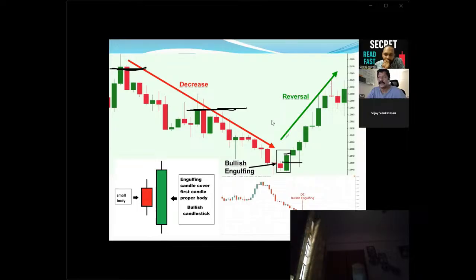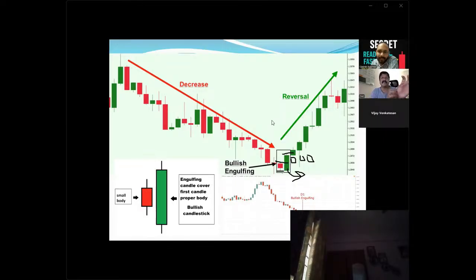So take the trade on the third candle, not the first or second. As soon as the second is completed, some can take the trade, but sometimes small candles form here and you may not get a third candle. You may have to wait for the fourth, fifth or sixth candle. But we have to wait for the high to close, and only then take the buy. This green candle is a confirmation for us. If you are a risky trader, you can even enter here. It totally depends on your risk appetite, how much risk you are willing to take.